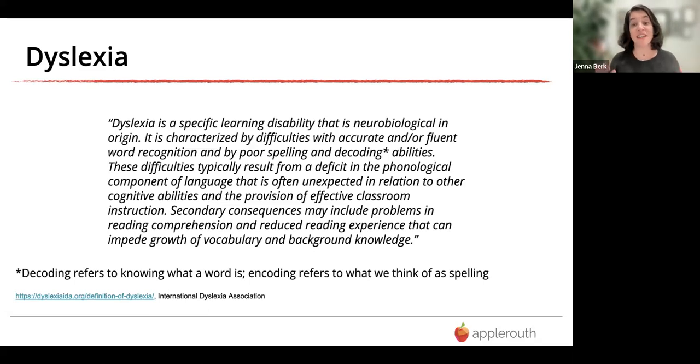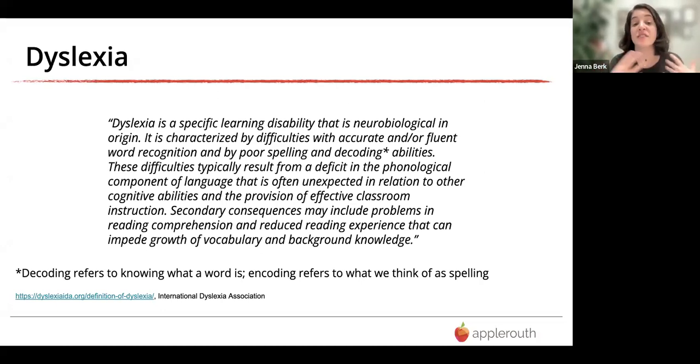So the specific definition of dyslexia, this is from the International Dyslexia Association, and I'm just going to read it out to you because nothing's better than a definition that the association provides. So dyslexia is a specific learning disability that is neurobiological in origin. So it does not have to do with an eye problem. This is all to do with